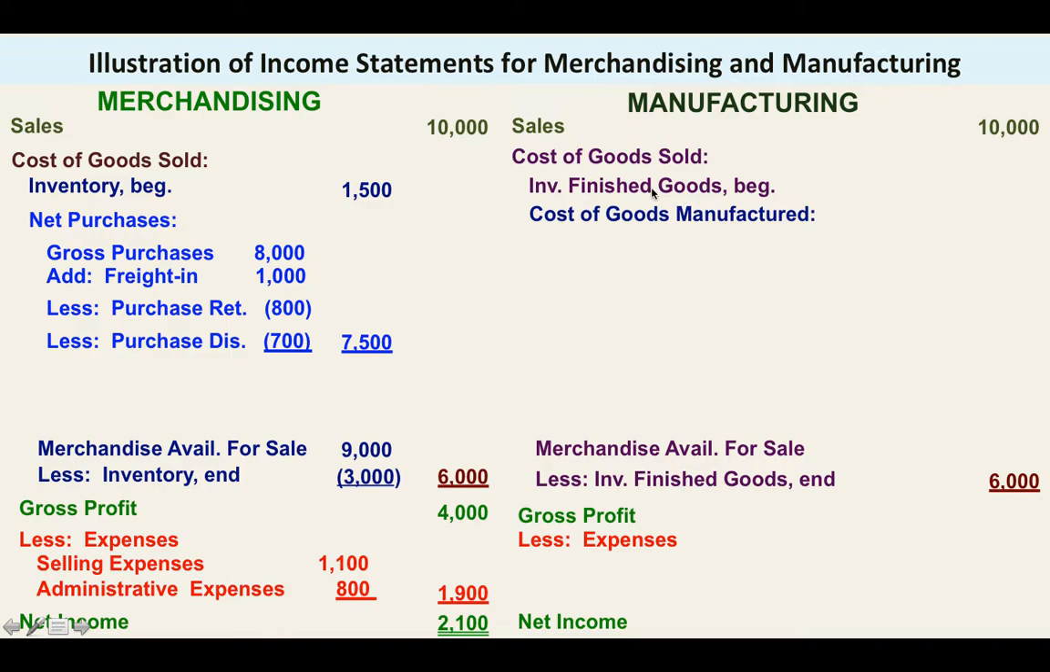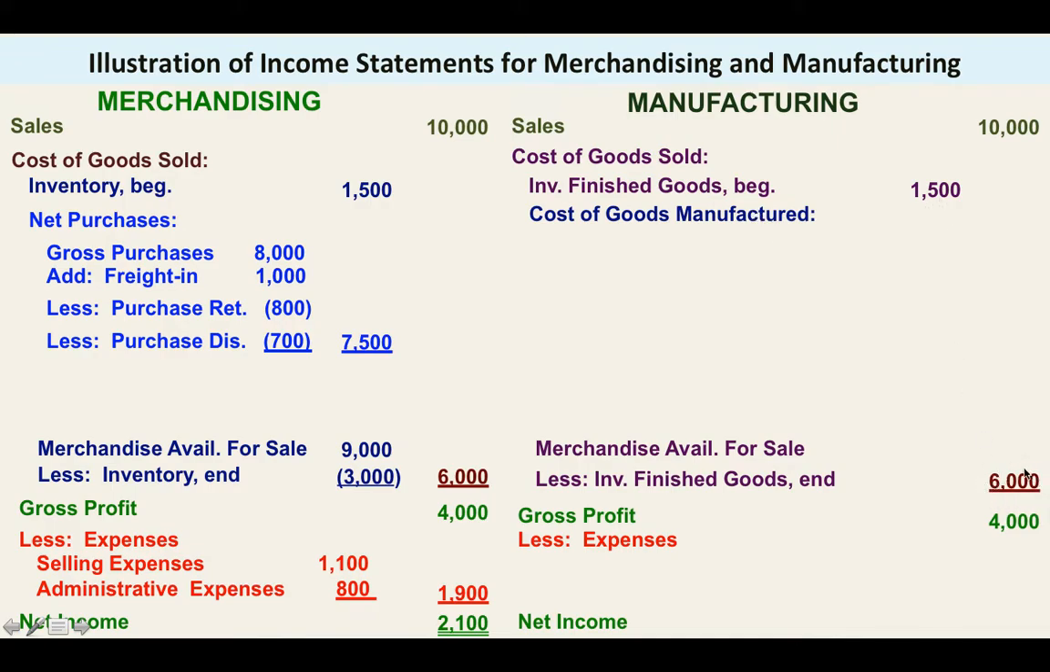So let us get the figure for our inventory finished goods. It will be given. Okay. And by the way, if we were going to complete the basic structure of our income statement, sales less cost of goods sold will give you your gross profit. Okay. So now, class,